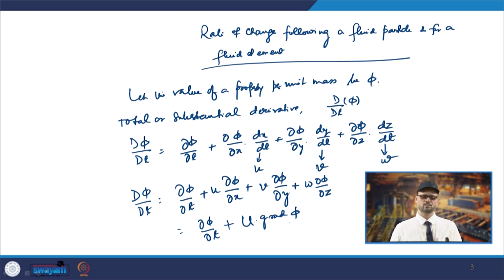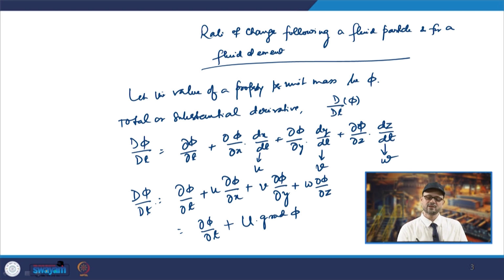So, that is how u grad phi. You have 3 components u, v, w, so accordingly u ∂φ/∂x plus v ∂φ/∂y. So, this basically Dφ/Dt is defining the rate of change of the property phi per unit mass, and